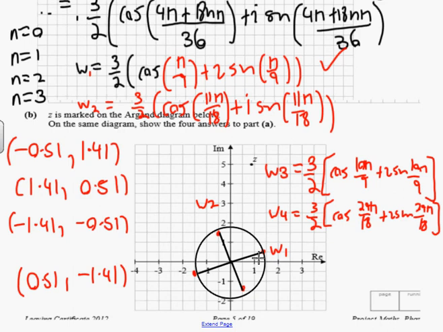Is that alright? So could you change those to degrees when you were filling in all